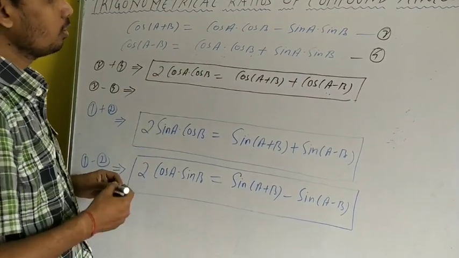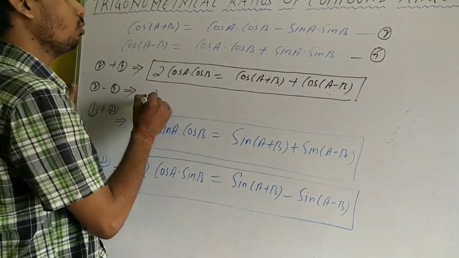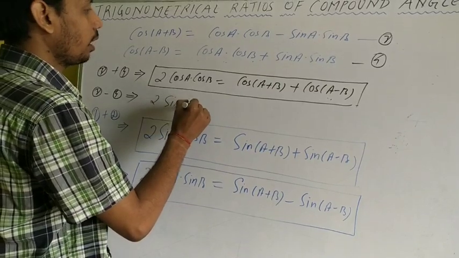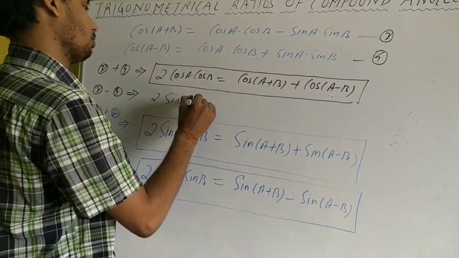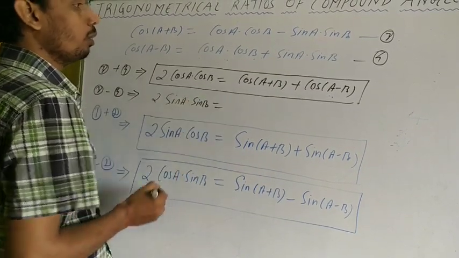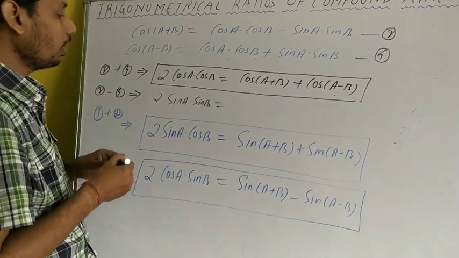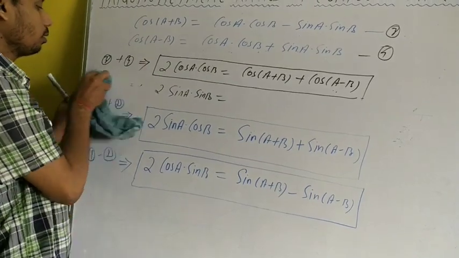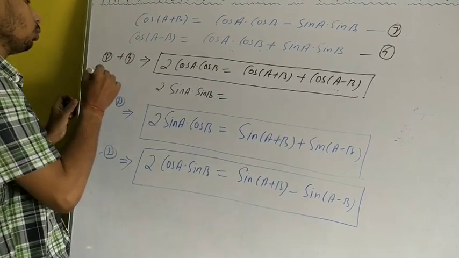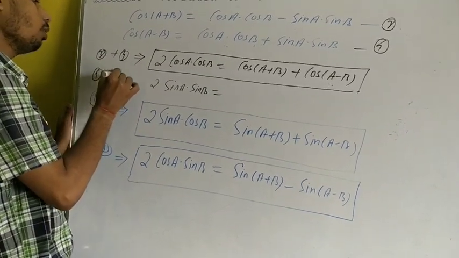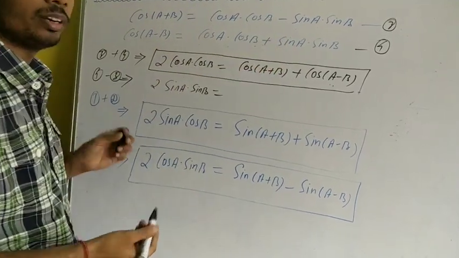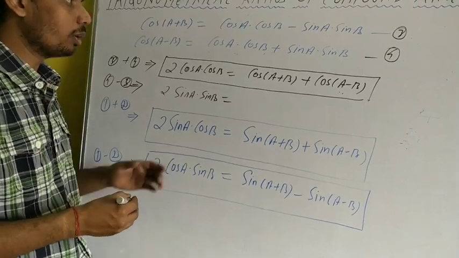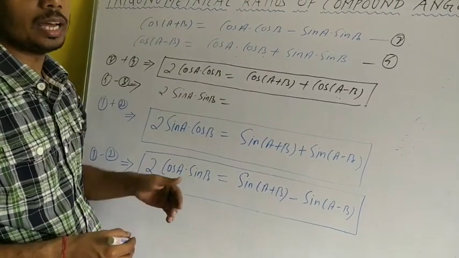So this becomes minus twice of sin a sin b, when we are taking the minus. Or one thing you can do, in place of taking 3 minus 4, you take 4 minus 3. We can take 3 minus 4 or 4 minus 3, it does not make any difference. After simplification we'll get the same result, but if we take 4 minus 3, we'll get the direct result.